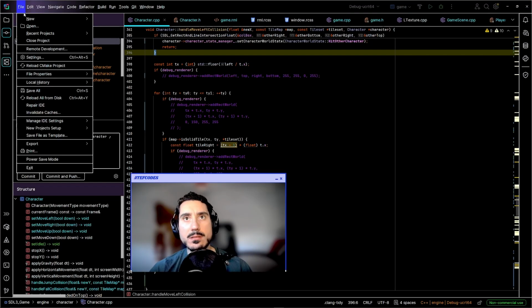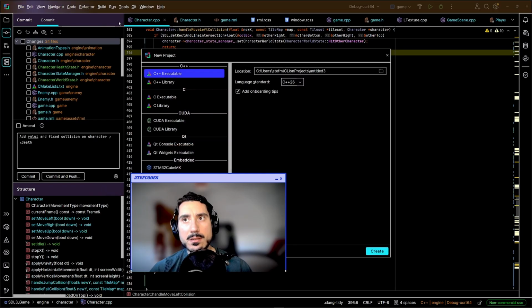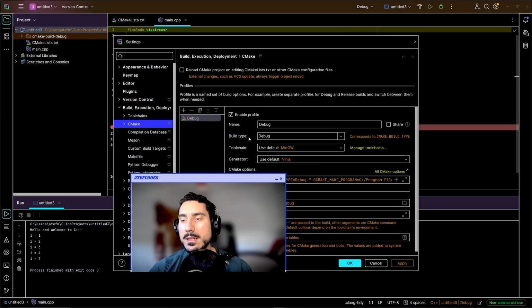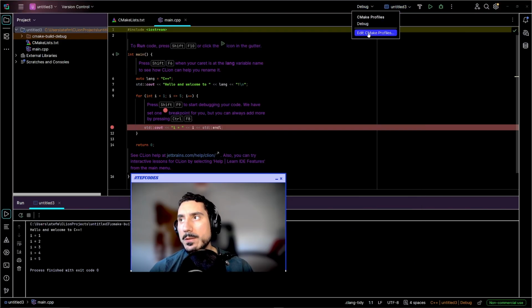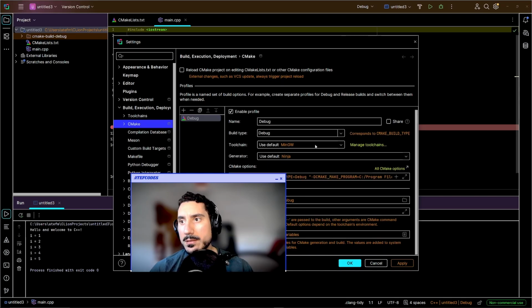We have to first start a new project. If you click on the main menu and then File, and then New, and then Project, and then we create a C++ executable, then we add a new window. Since I'm going to use MSYS2, if you don't have it configured, then you're going to click here, Edit CMake Profiles, and then inside it,